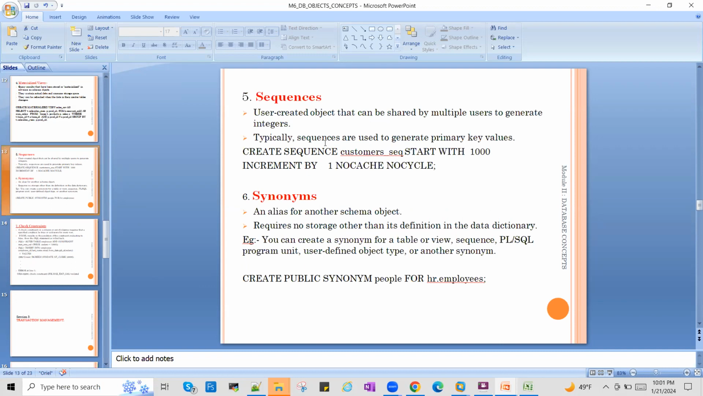Next object is called a sequence. What is a sequence? Sequences are basically to generate a counter kind of thing, right? If you want to start counting how many entries, how many times one particular table was updated, say for some